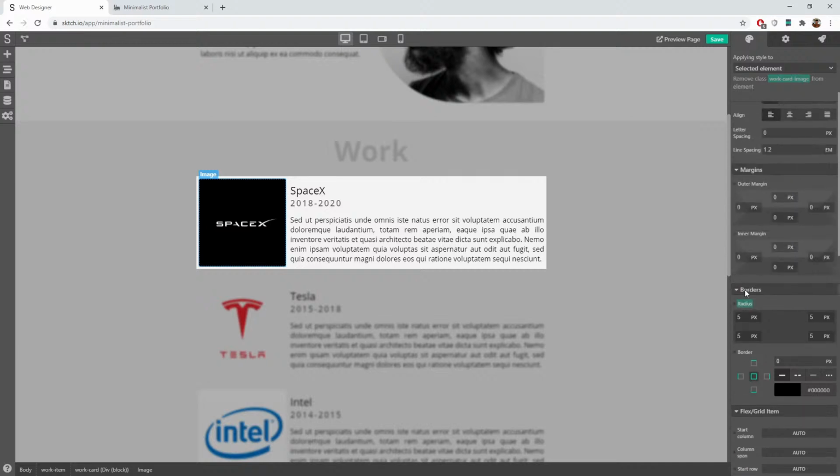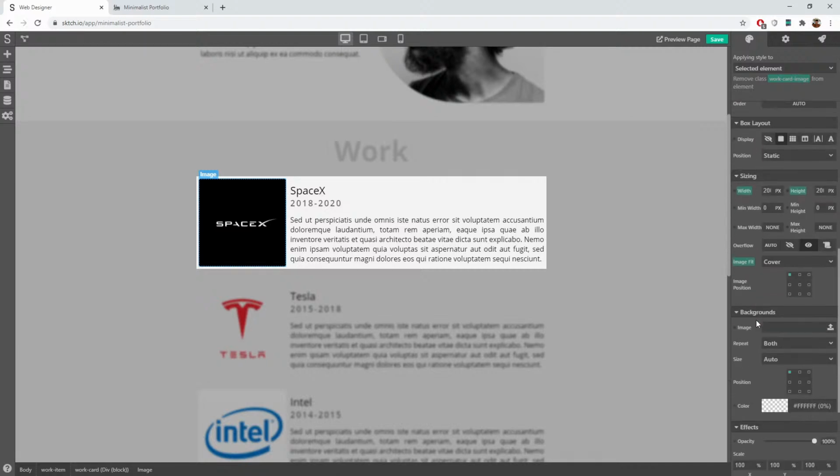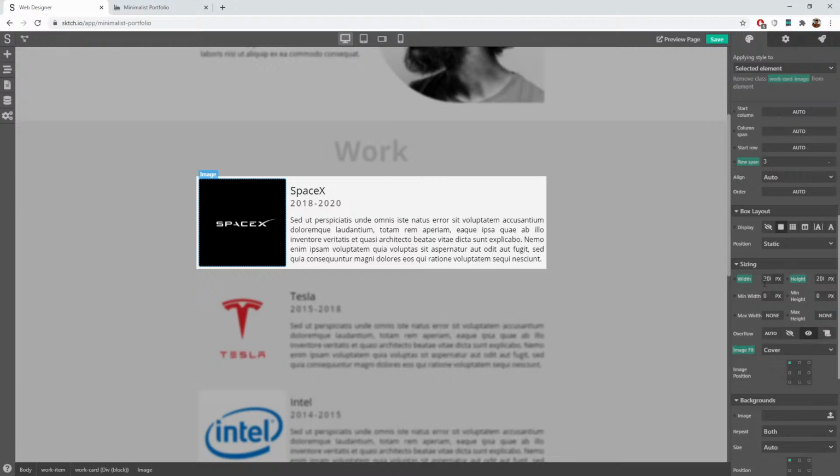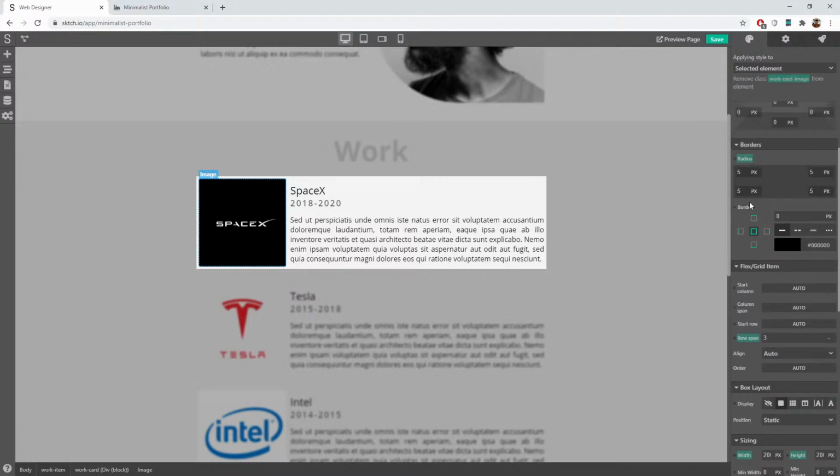Yeah, you probably want to change everything. So we're not gonna move all of these properties to the actual class. We can leave it on the selected element, but the important thing is that when you want to do responsive stuff, these properties need to only be changed specifically in the class. So here we just want to change the order, so we're going to leave the order as auto